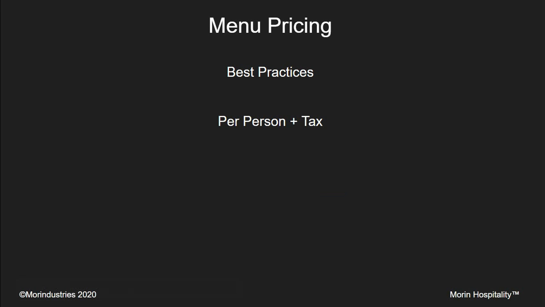So your best practices: per person plus tax. You have to have tax separate. I mean, this is the way. It's the way of the world. You can't change it. All you need is a per person cost. That's it. The per person price that you're charging the guest